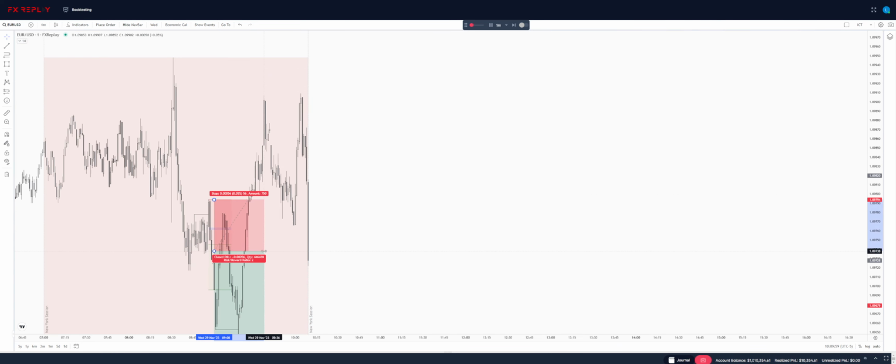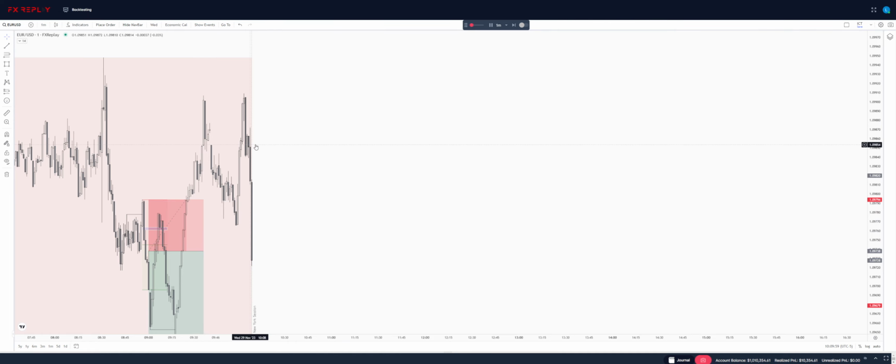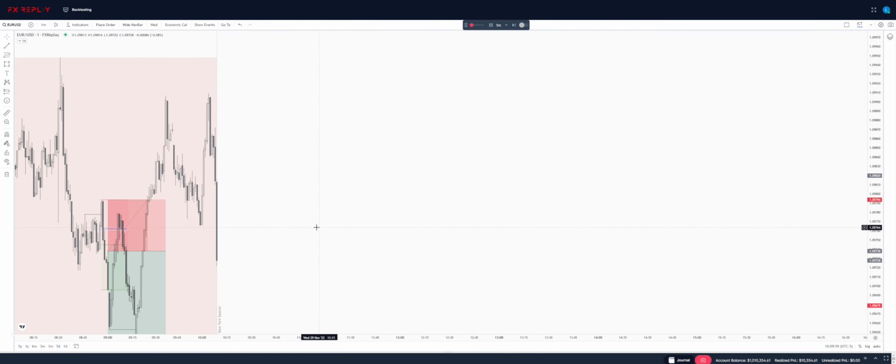All right, so it seems like we still did not violate this high right here, which to me indicates that price is still going to be bearish. We did induce a high right here, which we took out, and now we're starting to see this really big push lower. So if price could come back to this fair value gap right here, I would definitely be interested